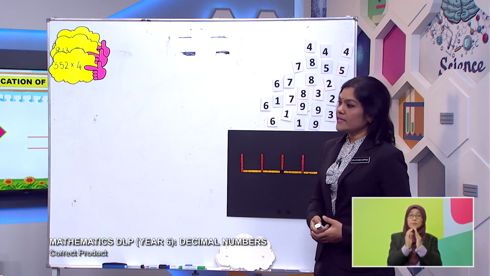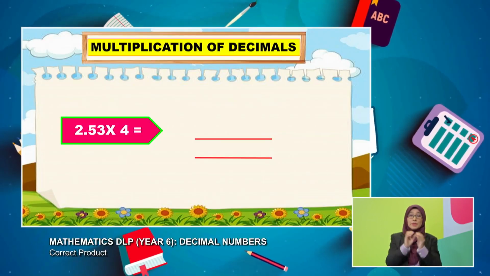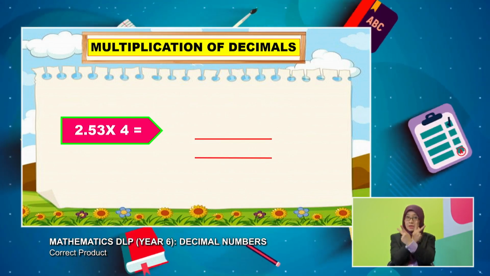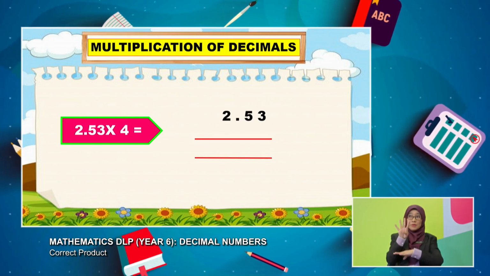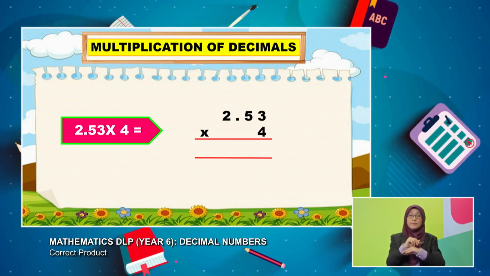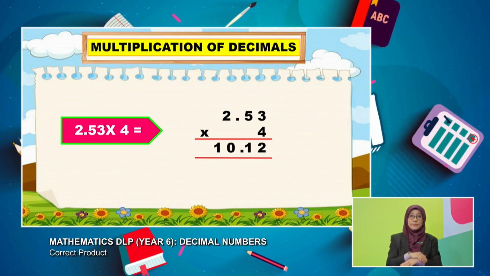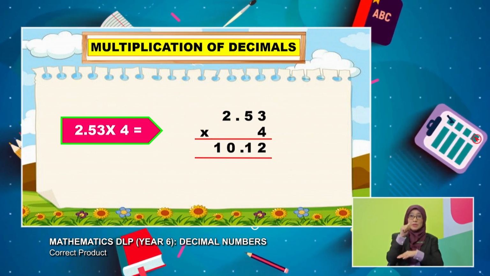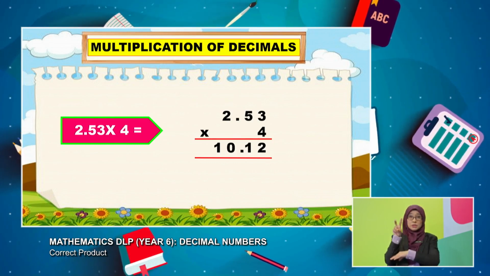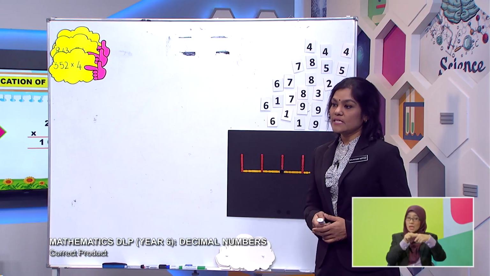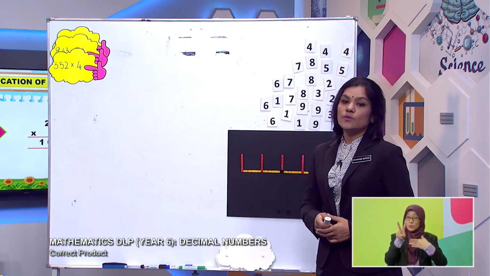Can you read the mathematics sentence there, Hanif? It says 2.53 multiplied by 4. This is a whole number, so we try with the whole number first. 2.53: first you have to stack down, right, kids? Stack down as usual, times 4. You multiply as usual and you get 1012, which we write as 10.12. In this case, we count the decimal places. That is 2 decimal places, right? So in the answer also, you move 2 places.